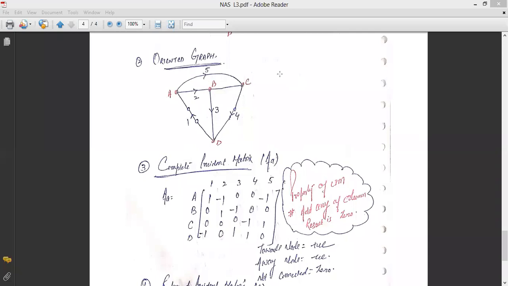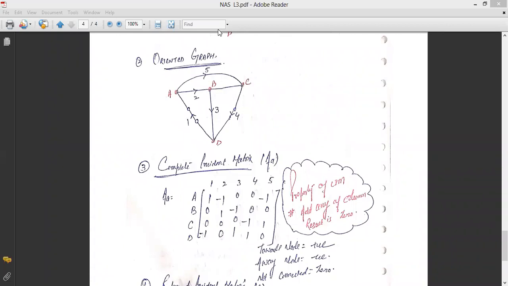Next will be Mohit Sharma. Please turn on your mic. Okay Mohit, branch number 4. D to C. Now D is 1, C is 1. Is the arrow towards D or C?